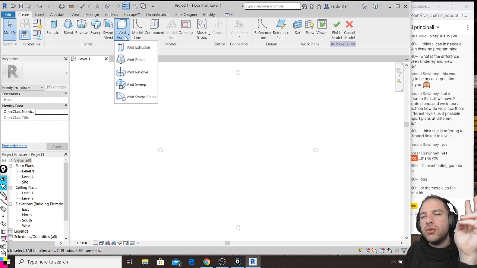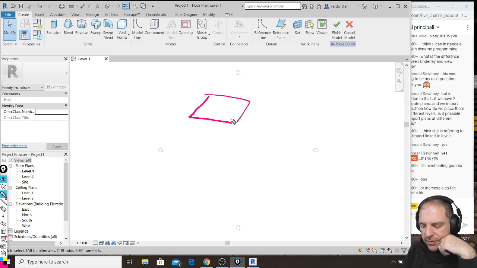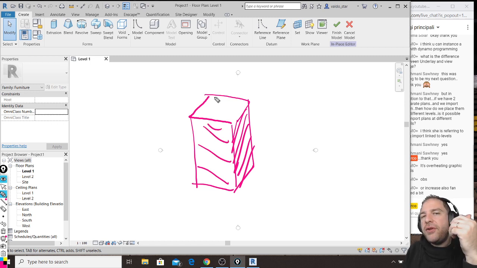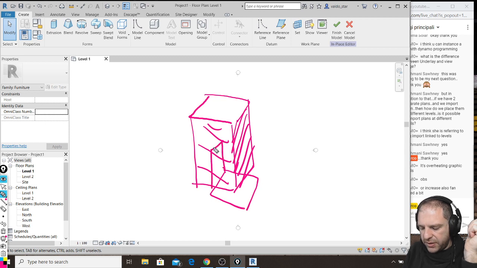So what these two groups of tools mean is that when you use just those blue tools, you create 3D solids. When you use void shapes, you create another 3D solid, but, so let me change the color, but when you create your void